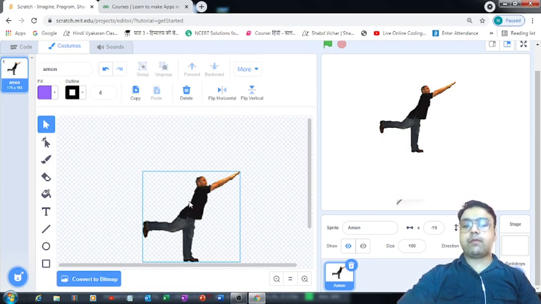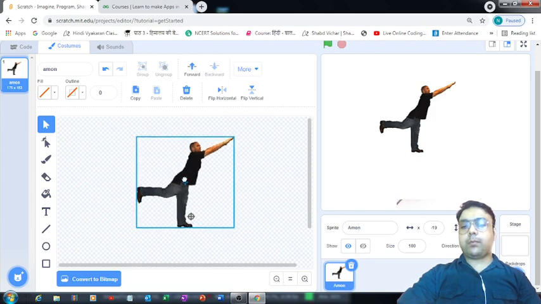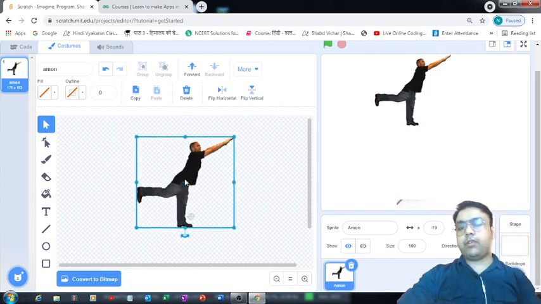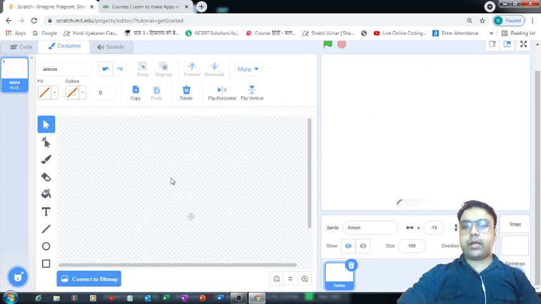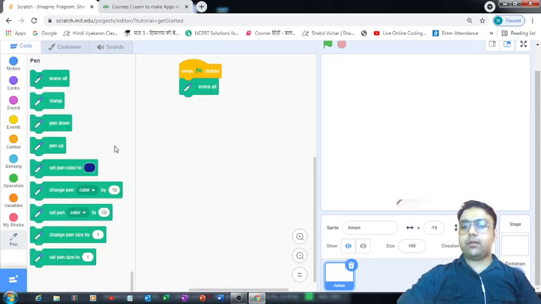I told you in the previous lecture also that if you want to modify the property, or play with the dimensions of any sprite, you have to first convert it into the vector form, then only you can do the modifications. Now we are able to see these dots over here. Let's delete this sprite from here. That is excellent. So it's now an empty frame we have with us.